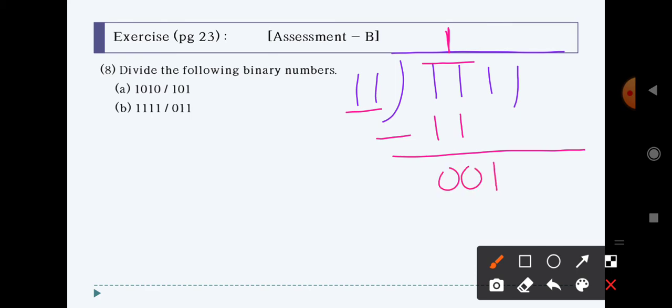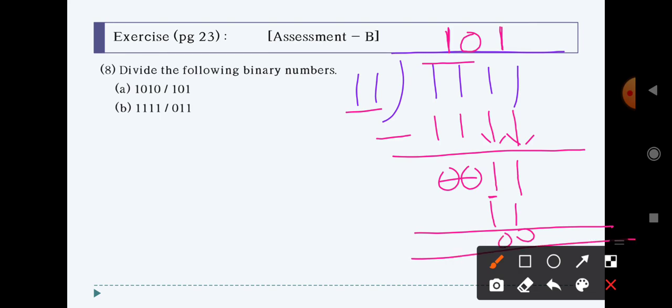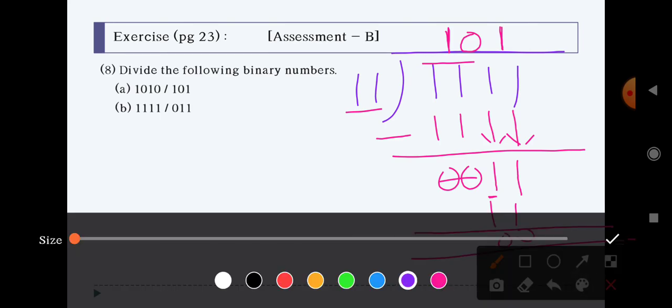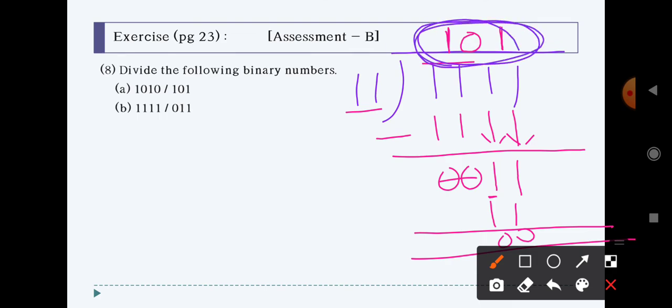After that, this 1 is not enough now, it is a smaller number. Then you apply 0 over here, and you drag this 1 also downwards, so you will get 0 0 1 1. Again, as I told you, if we have 0s on the left hand side portion, they don't have any value. So you cut down these zeros, and we are left with 1 1 only. When you multiply this 1 1 by 1, you get 1 1 over here. When the subtraction goes, you will get 0 0. So that is how you get the answer as 1 0 1. This is your answer for the B part.